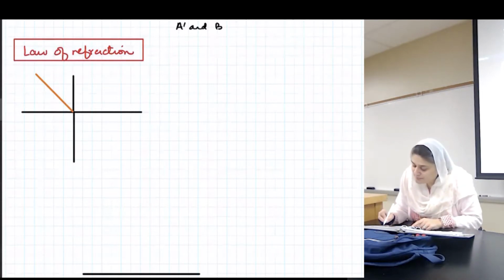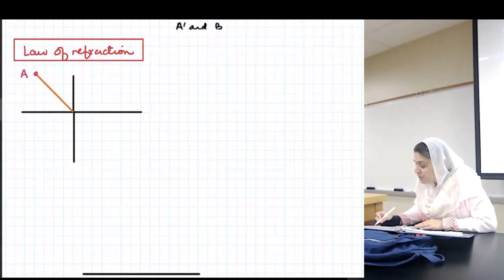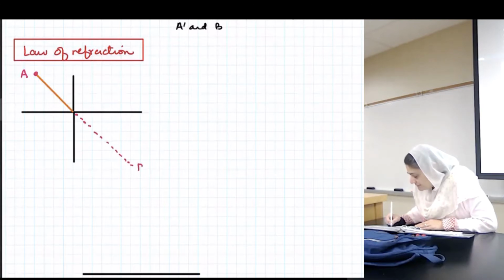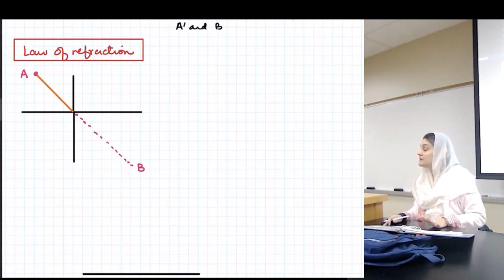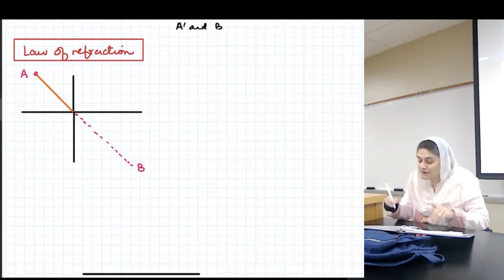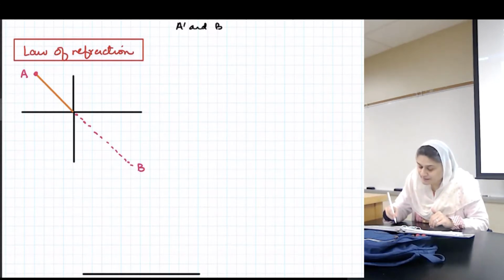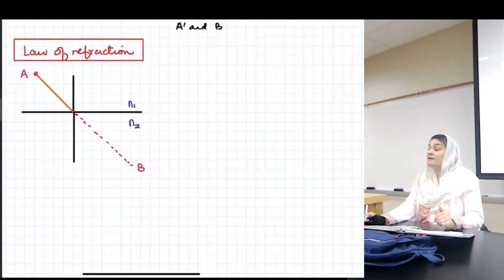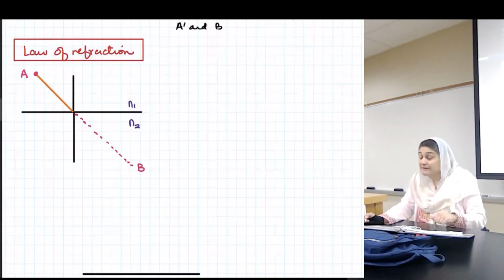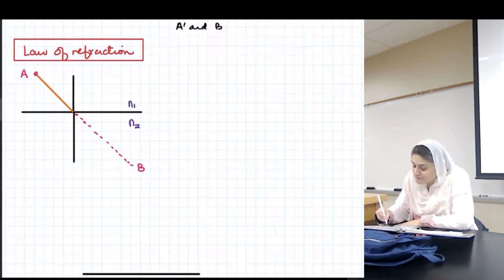So if I have a point A here, and if there was no medium in the middle, will this light go all the way to point B? There's no medium in the middle. But what if I put a medium in here? And I call this one N1, and I'm going to call this one N2. Then he said that the correct path that light follows, so this is Fermat,